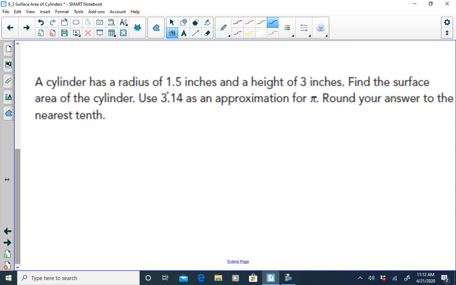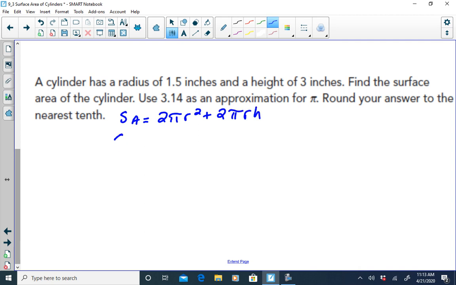A cylinder has a radius of 1.5 inches, a height of 3 inches. Find the surface area of the cylinder. Use 3.14 for your approximation for pi. Round your answer to the nearest tenth. The difference with this problem is you have no pictures. You have to gather your information from your reading. Okay? Start with your formula. Surface area is going to be equal to 2 times pi times r squared plus 2 times pi times r